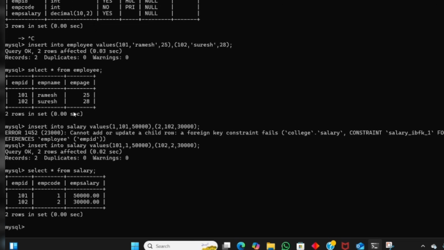So what is the use of this primary key and foreign key? For example, the employee id 101 has the employee name Ramesh. If you want to check the salary of Ramesh, then the foreign key concept comes in. For example, the salary of Ramesh is 50,000. When we merge these two tables, we get that Ramesh's salary is 50,000. So in the employee table, employee id is the primary key, and in the salary table, employee id is the